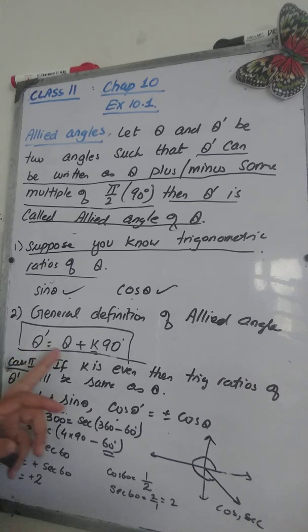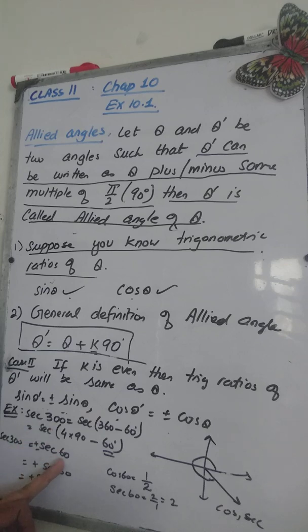If theta dash and theta are allied, with the help of the trigonometric ratio of theta, we found the trigonometric ratios of theta dash. With the help of 60, we already know the cos and sine of 60. These are the special angles, 45, 30, 90, 270. These are all special angles, and we should know the trigonometric ratios of these by heart. And with the help of 60, we found the trigonometric ratio secant of 300. We knew the secant of 60, and this theory helped us to find the secant of 300. And this is why we study the allied angles. This is how it's helpful to study this concept.